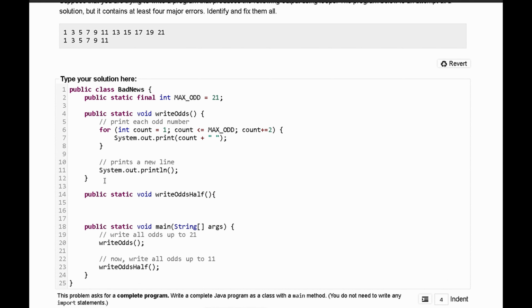So this is the starter for our method, and in here we're basically just going to have the same thing, except we are going to take our max odd and divide it by 2, since if we look here, we're only printing out about half of this list right here. So we can declare our int half, and then we can set it equal to max odd